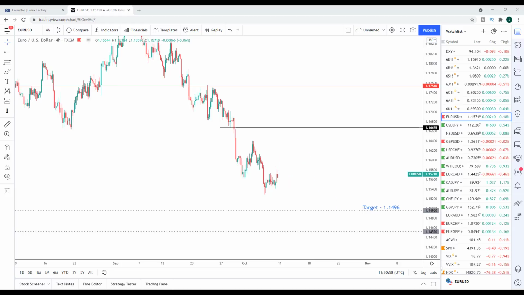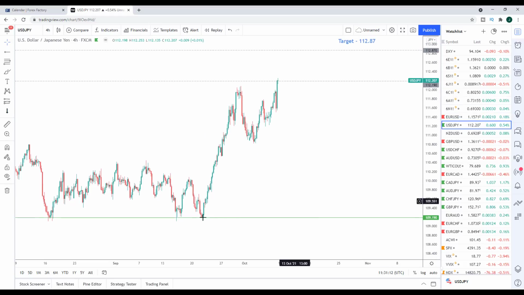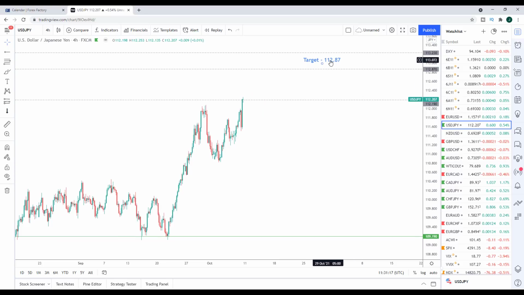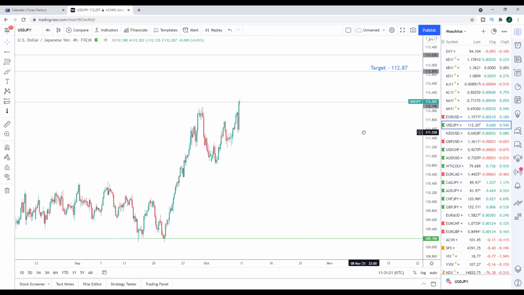The next market I like going into next week is US dollar Japanese yen. Now, US dollar Japanese yen is a market that has been performing really well. We had this big rally, and in last week's weekly Forex forecast video, because the dollar was outperforming in the data which I ran before the video, and the Japanese yen was underperforming, I highlighted the fact that we wanted to see a pullback in US dollar Japanese yen, and that would be the opportunity to look for long positions into the 112.190, and that's exactly what we got, and we finished the week right at the target last